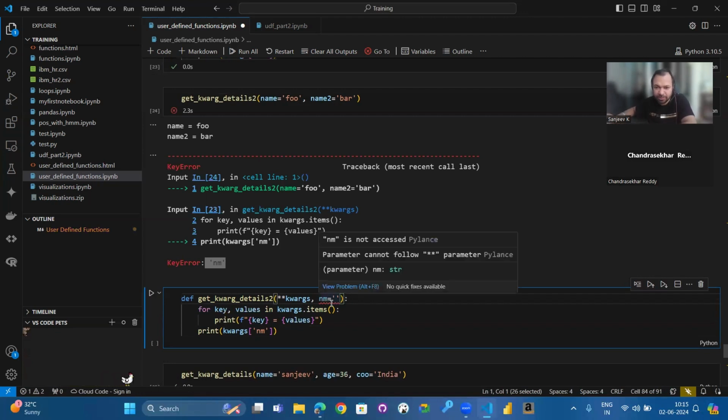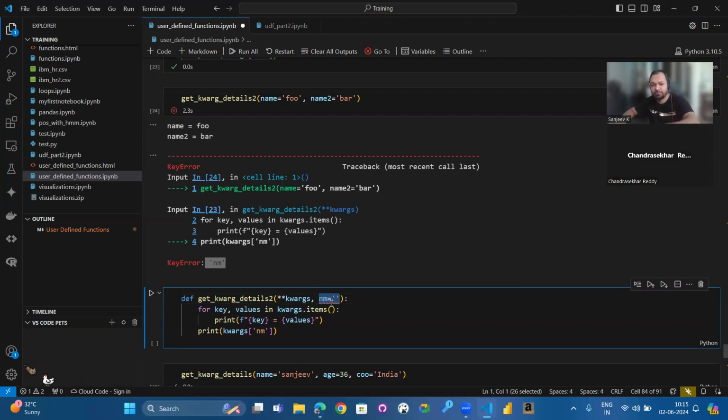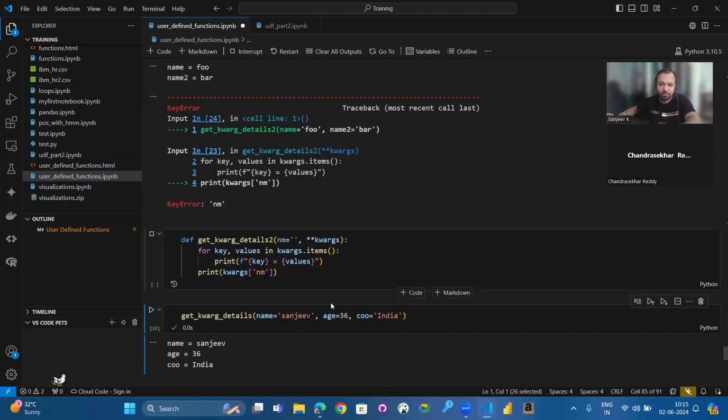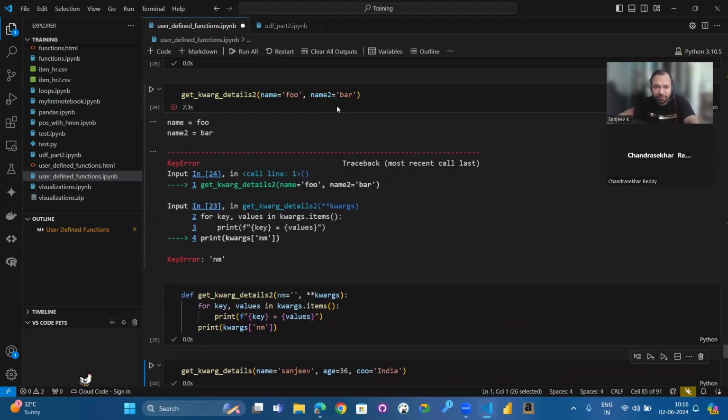I think I have to give it like this. And then I'll call the same function again.